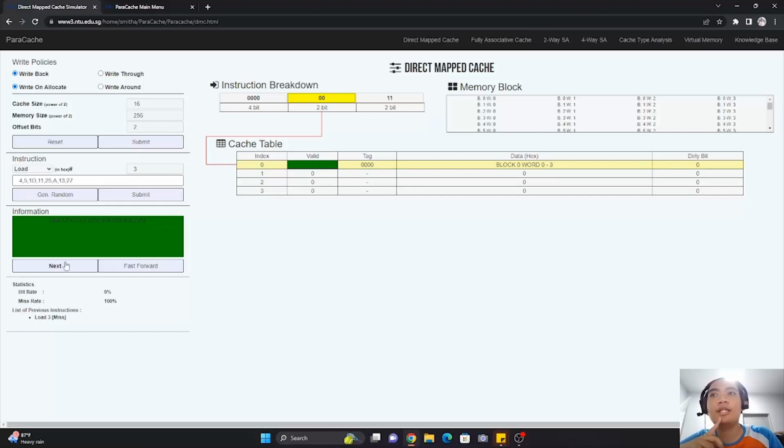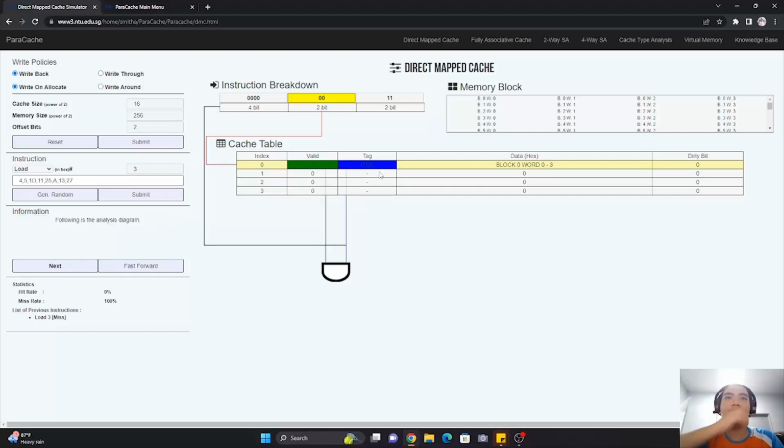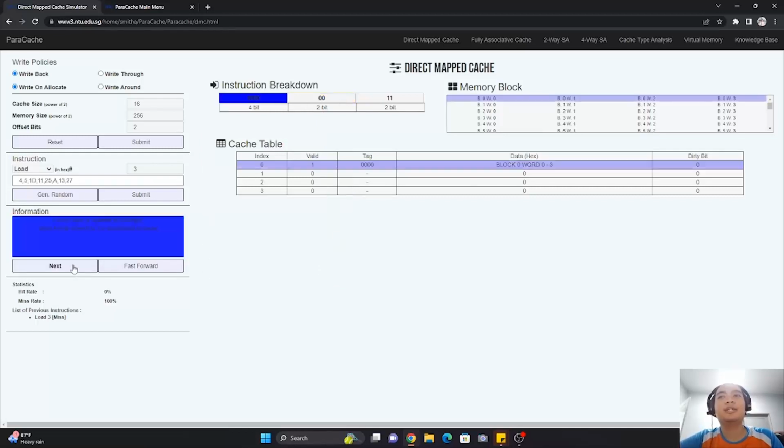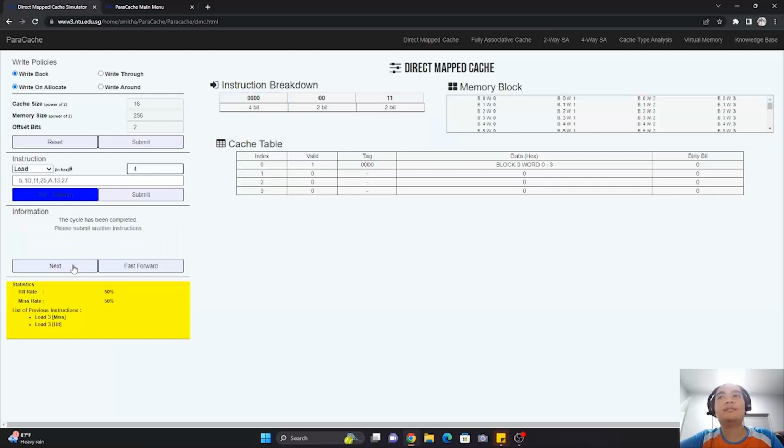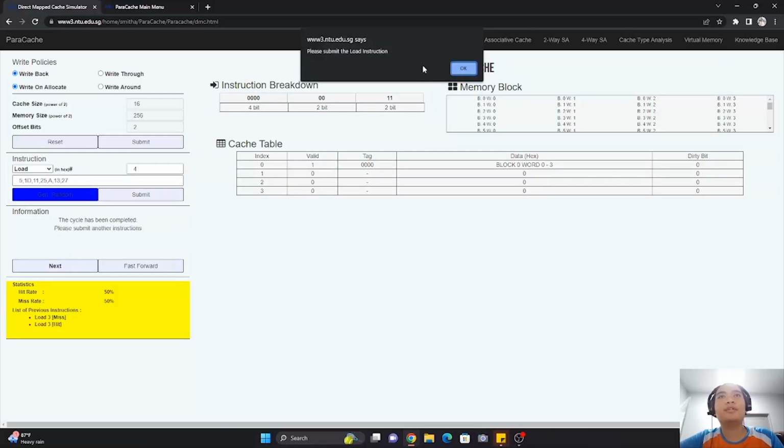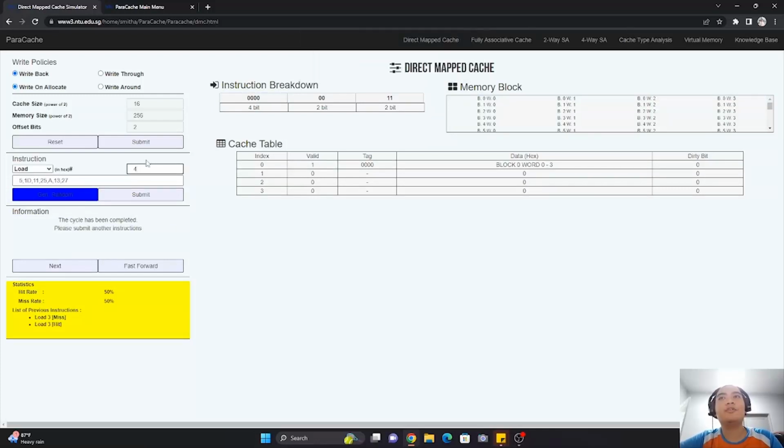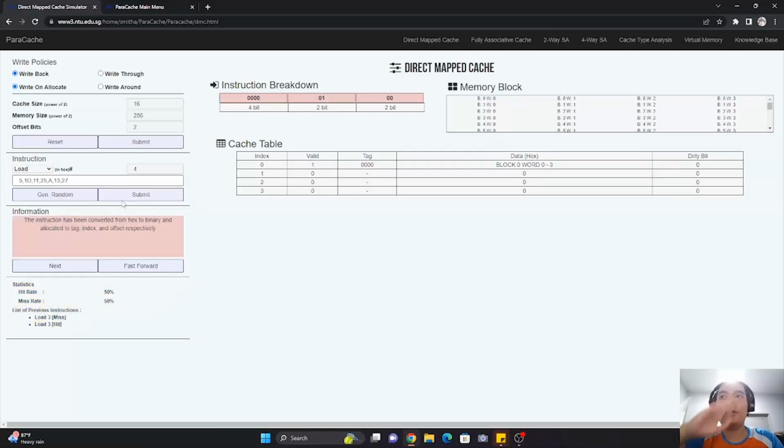We have a value of 1, and the tag in the cache table is the same as in the instruction breakdown, so we will obtain a cache hit. Okay, so next. For the next load instruction, it is 4. We submit it first. Okay, now for instruction 4,